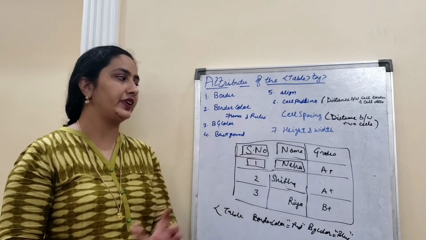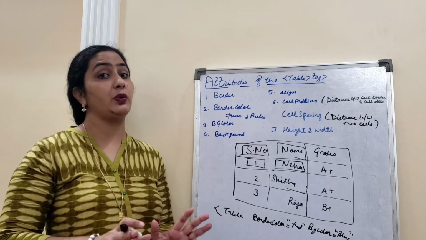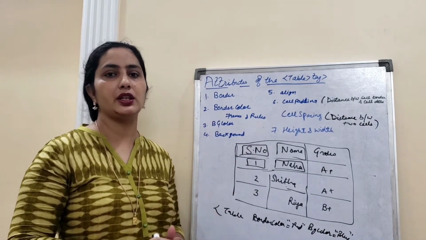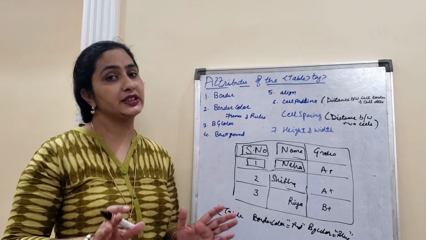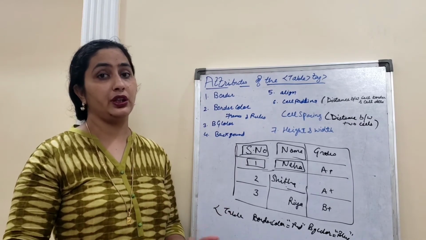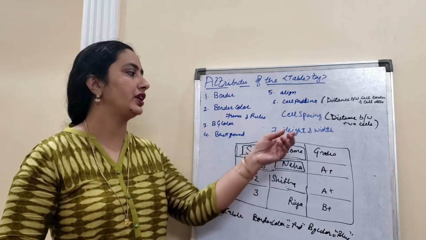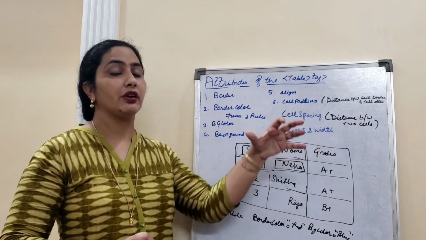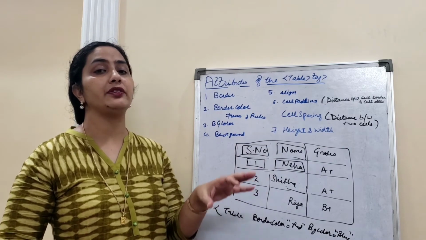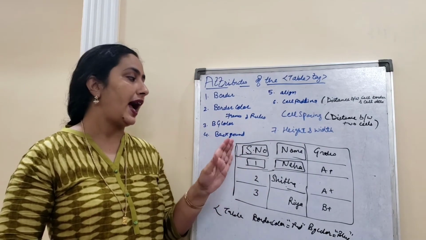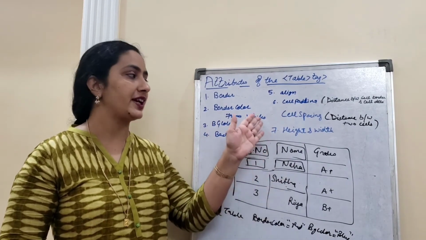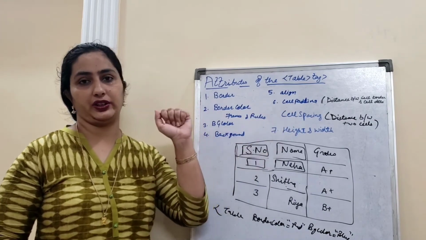Next is the height and width attribute. Basically, the size of your table will be only as much as the content you enter in it. But if you want to adjust the table size, then you can use the height and width attributes. When you mention a specific height and width along with your table tag, at that time your table will be of that specific height and width.